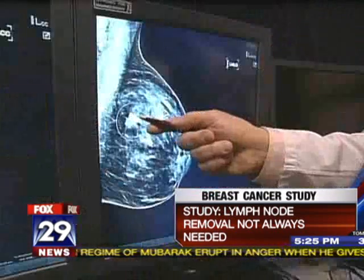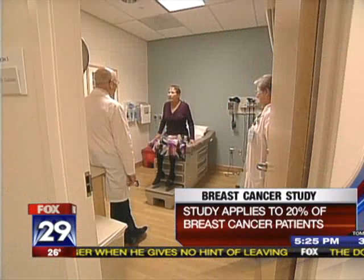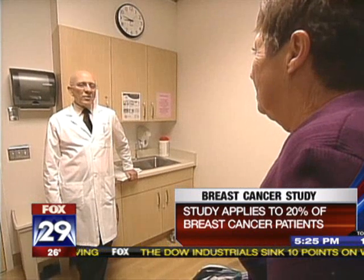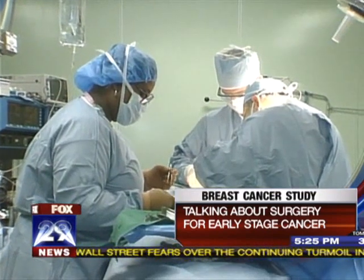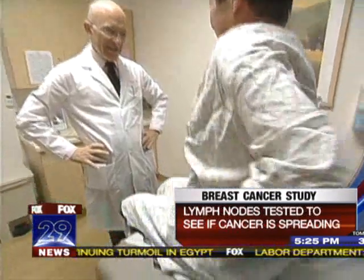And what they found is that those people with certain type of breast cancer, especially early type of breast cancer, which is about 20% of the people with breast cancer in general, may do just as well to have just what we call a sentinel node removal or dissection, which means just the one lymph node near the cancer to be removed, compared to those who were getting previously what's called the axillary lymph node dissection, which is multiple lymph